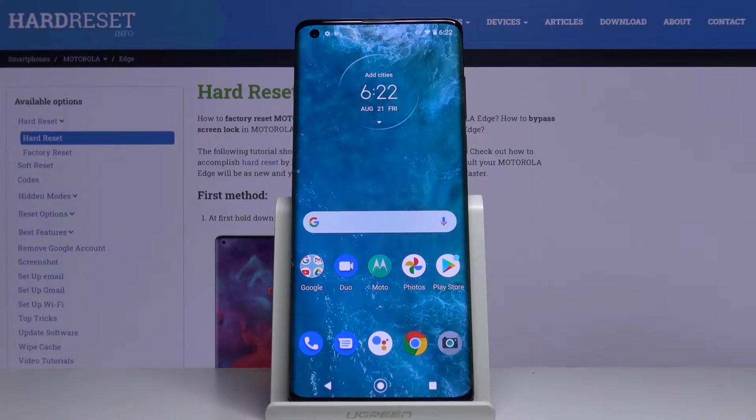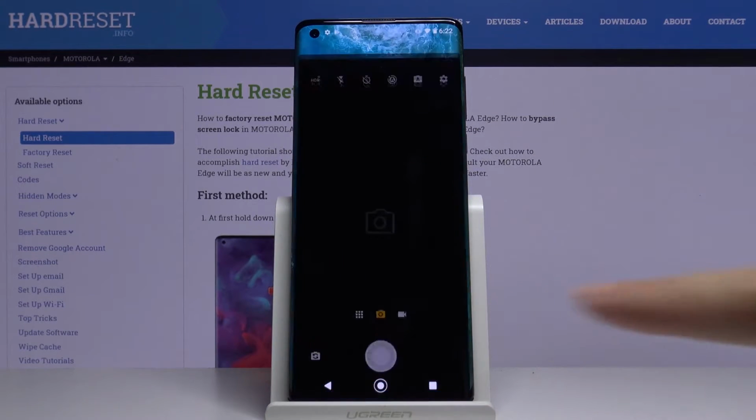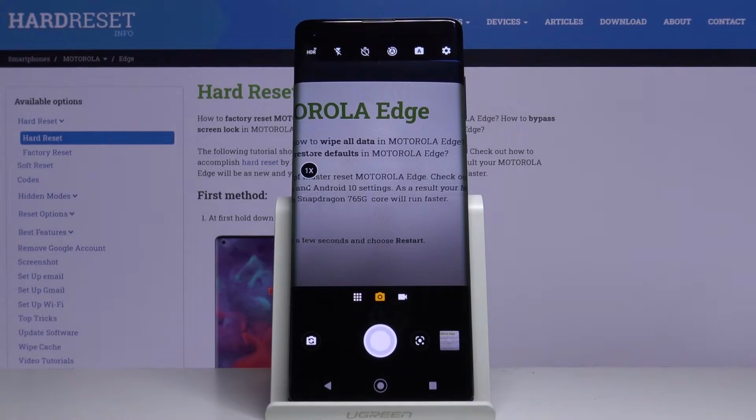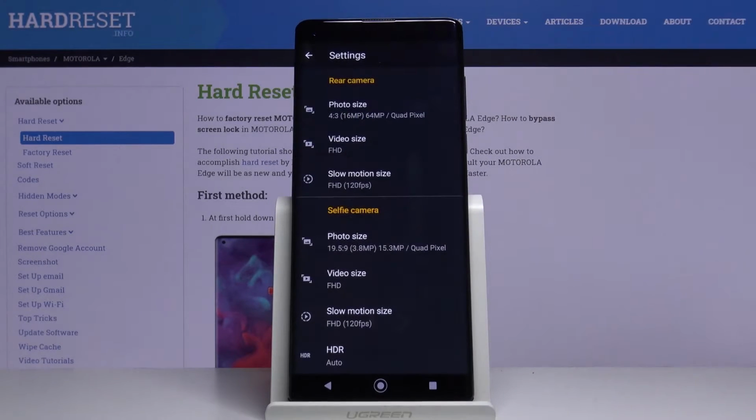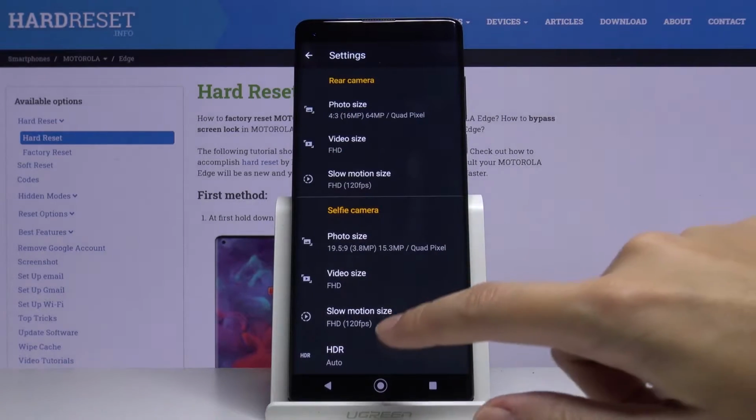Welcome, here I've got Motorola Edge and I'm going to show you how to change photo size in the camera app on this device. At first we have to tap on the camera button here to open it, and as you can see, for now we are in the standard photo mode, so let's go to more advanced options. We can do it by tapping on this button here in the right corner